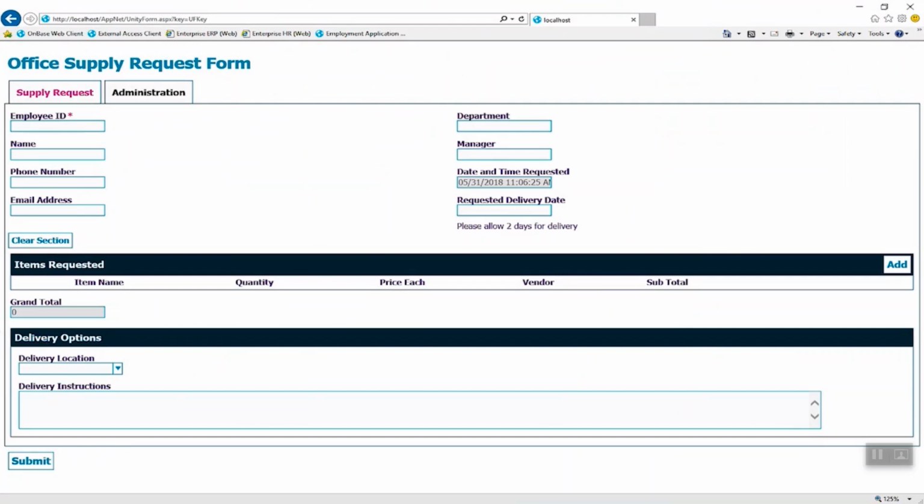Once you generate this link, I would recommend saving it in a file as it is not saved in the Unity Form Designer. You may be wondering, as users are filling out these forms outside of OnBase, how are the